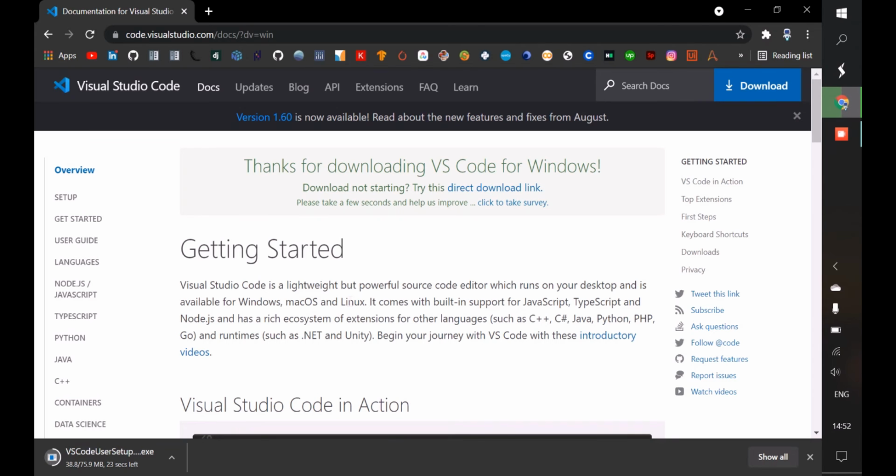Almost there, you have to wait. Done. After the download completes, click on the file and a small window will open.